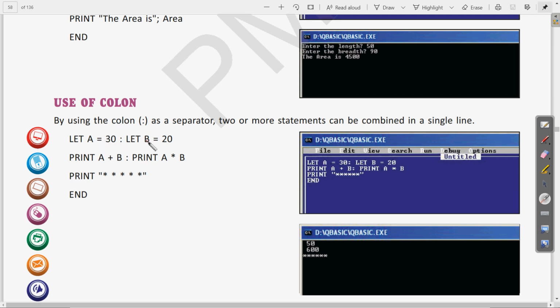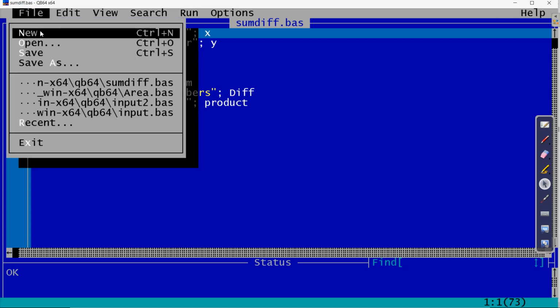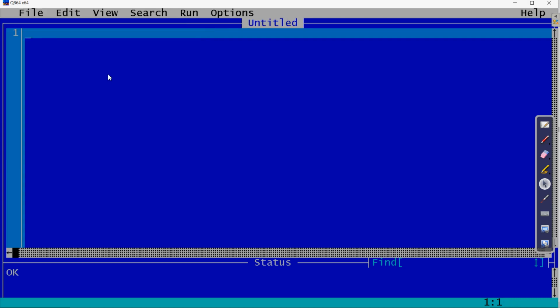Okay, so let us write this, and in the second line also you can see that it is written print a plus b, then colon print a into b. Let us write this program in our software also and see what will be the output. So if I come to the QBasic, now click on new and let us write the program. So first we are using here the let command. Let command is used to assign a value to a variable.